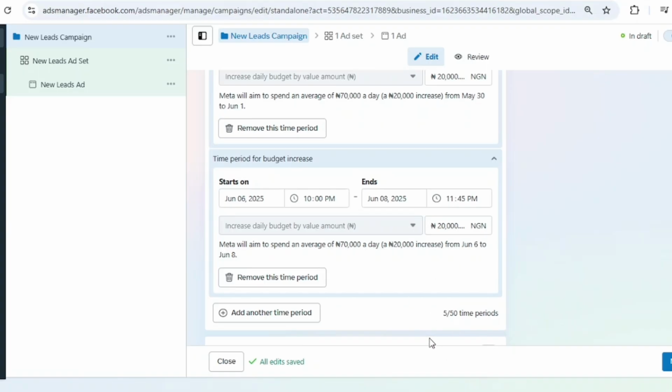So what Facebook will do is during that specific time period, I've realized that I get an increase in leads. I get the highest number of leads. Let's say 50% of my leads and above come during that same time period. What I do is I'll set a certain amount by which Facebook or Meta would increase my budget at that set time period. You see that now? So you may want to try this on your next advert after you must have studied your analytics to be sure of when you have the highest traffic and the highest conversion. Hope you got that now.